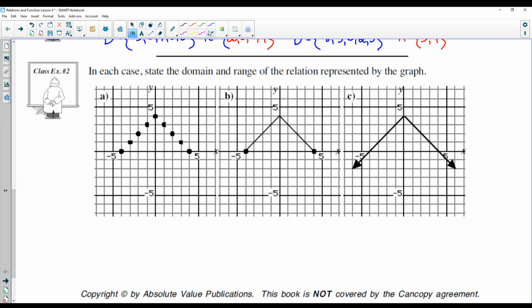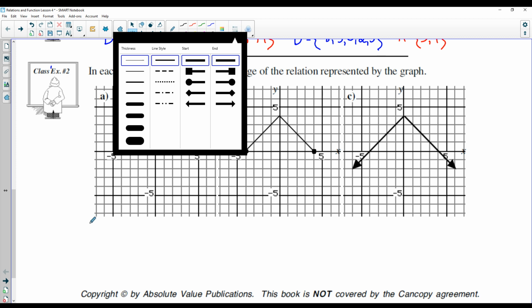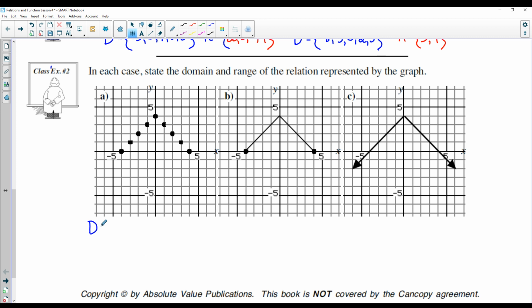Okay, so in the second example, I have a bunch of points on a Cartesian plane, and I want to identify the domain and the range. Let's do the domain first here. So the domain represents all of your possible input x values. What possible input values do we have? Well, it looks like we start at x equals -4, and we go all the way up to +4. So my possible input x values would be -4,